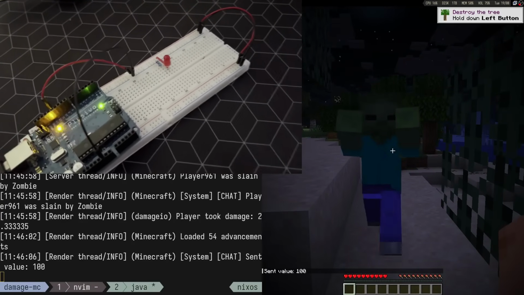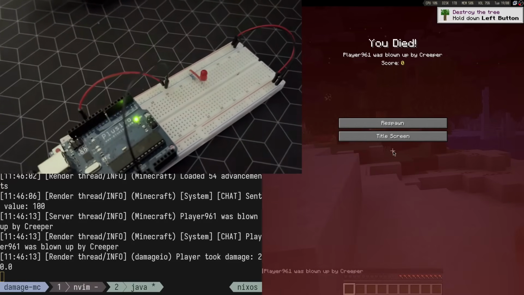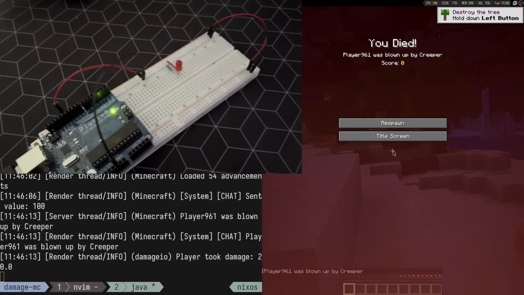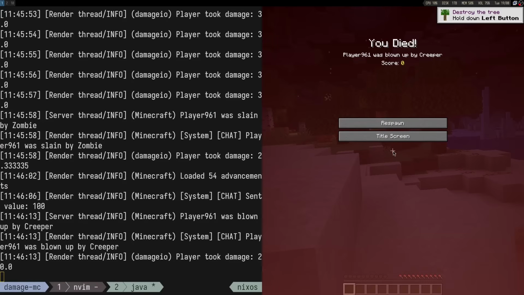Imagine having to fight a zombie with this thing on. And as I said, if you die from a creeper, it's going to give you a good shock. So that's going to be kind of funny. I mean, we need to buy a taser now, but